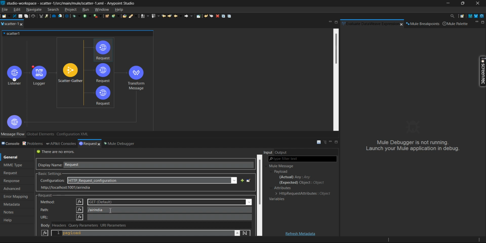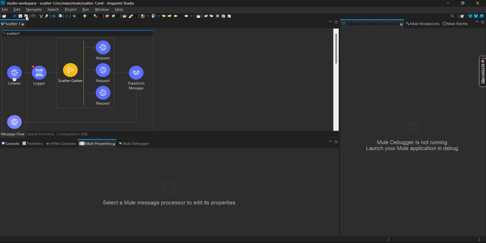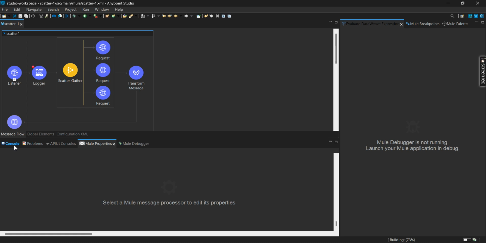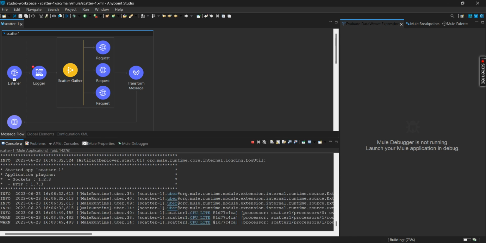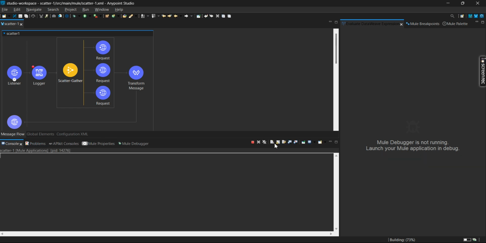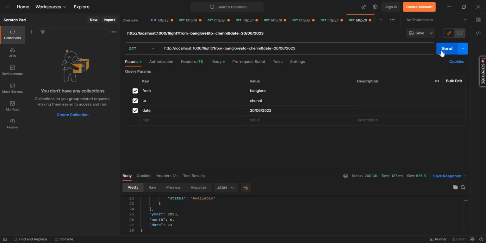What I'm going to do is, the path I mentioned, WA, actually that path is not available. I mentioned WA intentionally because we need an error. So let's wait for deployment and let me check what will happen. Now go to Postman and let me